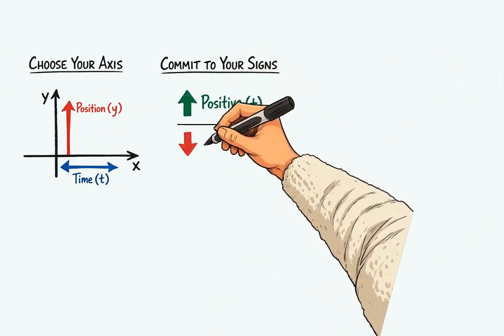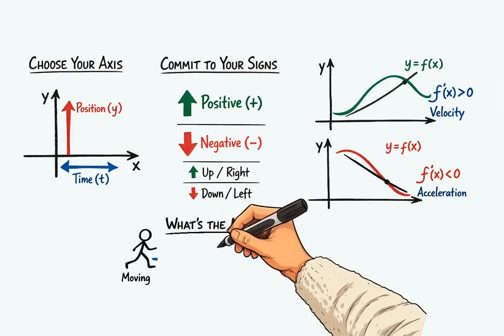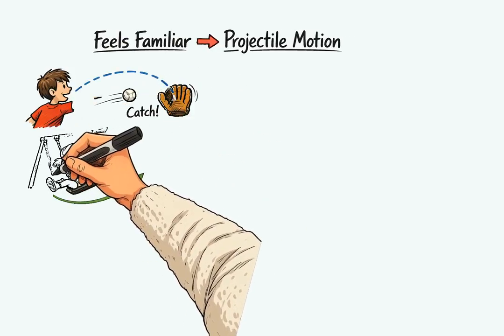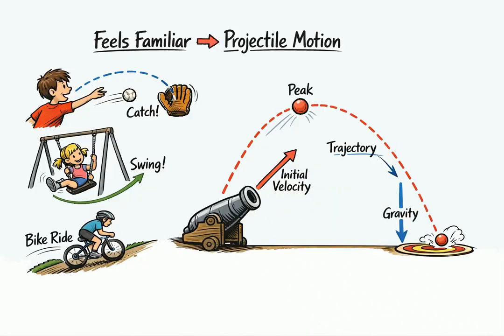If you carry one habit forward, let it be this. Choose your axis, commit to your signs, and let the graphs and derivatives tell you what the motion is doing. That habit is what makes projectile motion feel like an extension of what you already know, rather than a brand new